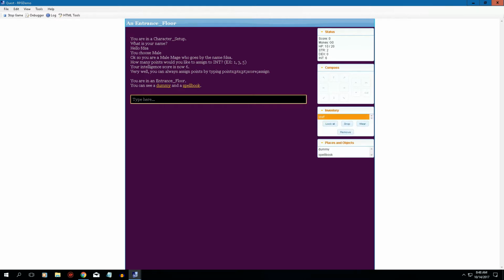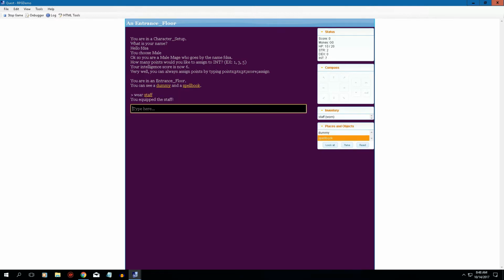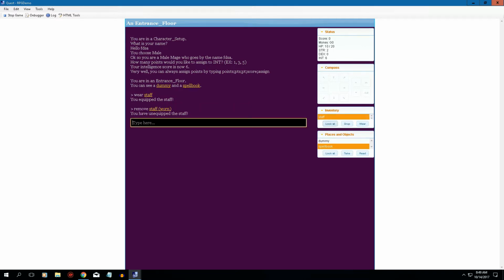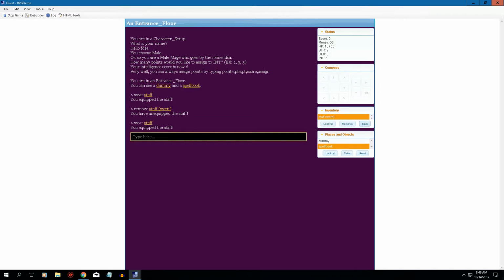So now that I have this, we can see the dummy, we can see the spellbook, and we got our staff on us right now. So what we can do is go to wear. With it being worn, we see that we have equipped the staff, and now we only got a couple options. This is what I was talking about in the inventory, how it says worn, and I'm not a big huge fan of that, but it is what it is. And we can remove, take it off, and then we can't see cast anymore. And we go back to wear, and now we can see cast. So if we hit cast,